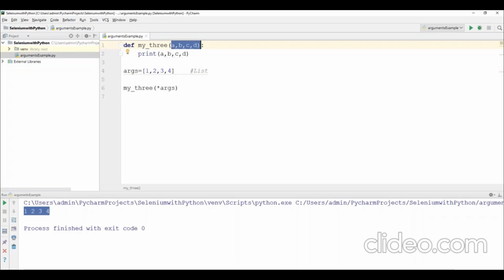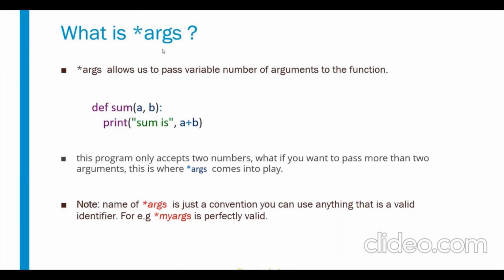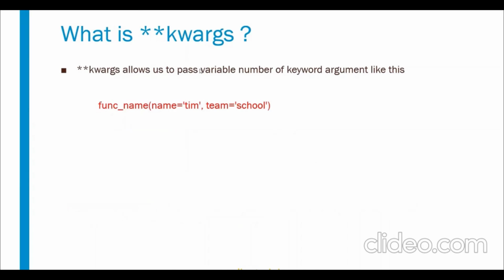Now I'll show you one more example with two stars. The single star is for a single argument. If you want to use keyword arguments, we have another variable. Keyword arguments allow us to pass a variable number of keyword arguments, so key as well as value. Here we have 2 values. If you have a key and value parameter like this, we have to go for this argument. One star represents the key, the other star represents the value. So if you want to pass or receive key and value pairs, we have to go for this expression with two stars.